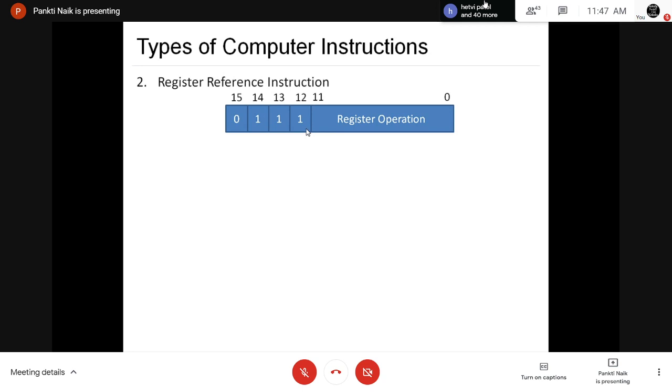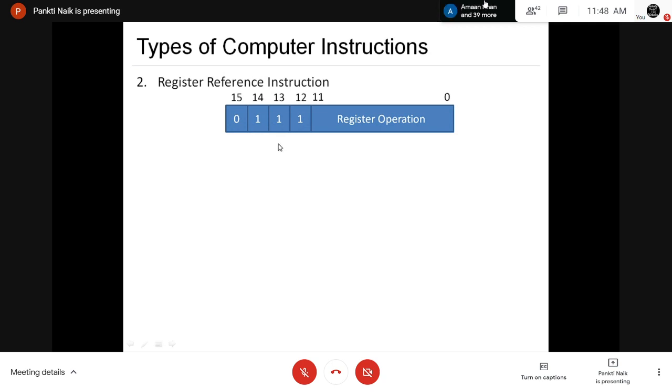So if these bits are not equal to 111, this instruction is a memory reference instruction. And bit 15 is used for the addressing mode, indirect mode or direct mode. But if the 3 bits 12, 13 and 14 are equal to 111,